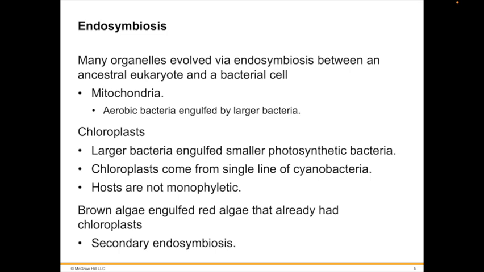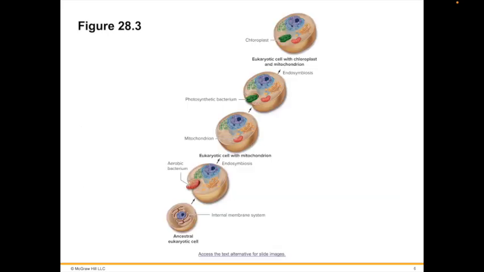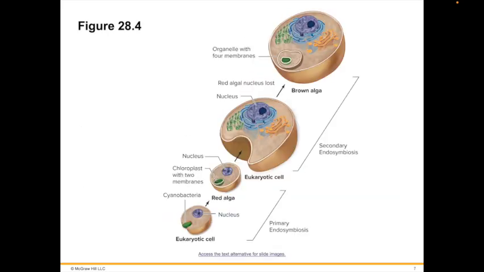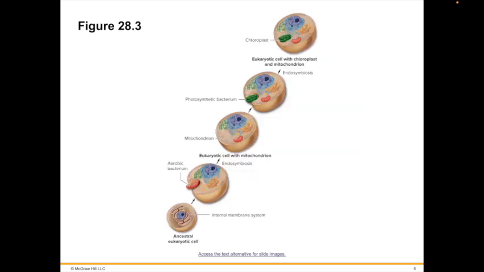One scenario posits that the original host was an anaerobe with hydrogen-dependent metabolic pathways, and that the symbiont produced hydrogen that could be used by the host. Later, the host adapted to an oxygen-rich environment using the symbiont's respiratory pathways. Photosynthetic bacteria were likely engulfed by other larger bacteria, leading to the evolution of chloroplasts, which are the photosynthetic organelles of plants and algae, shown to you in the same figure, 28.3 here.